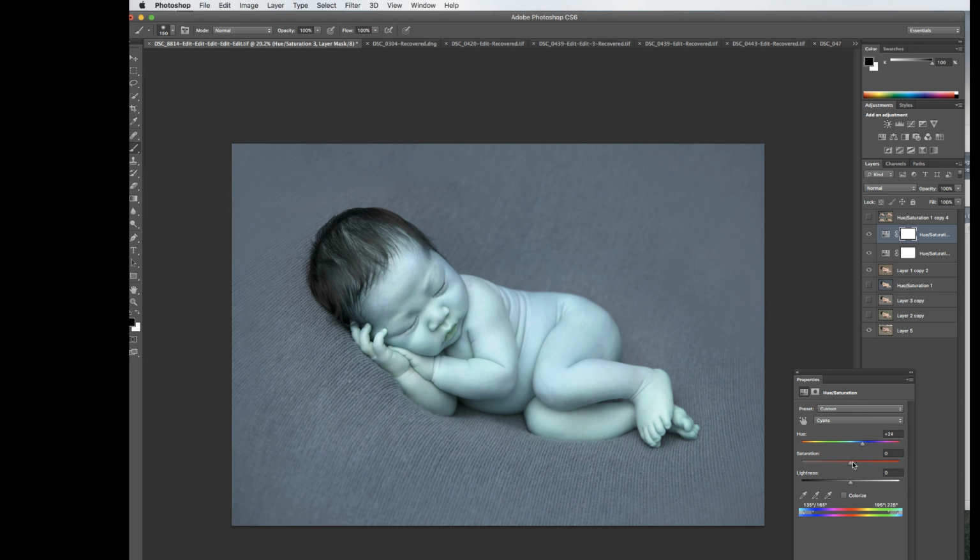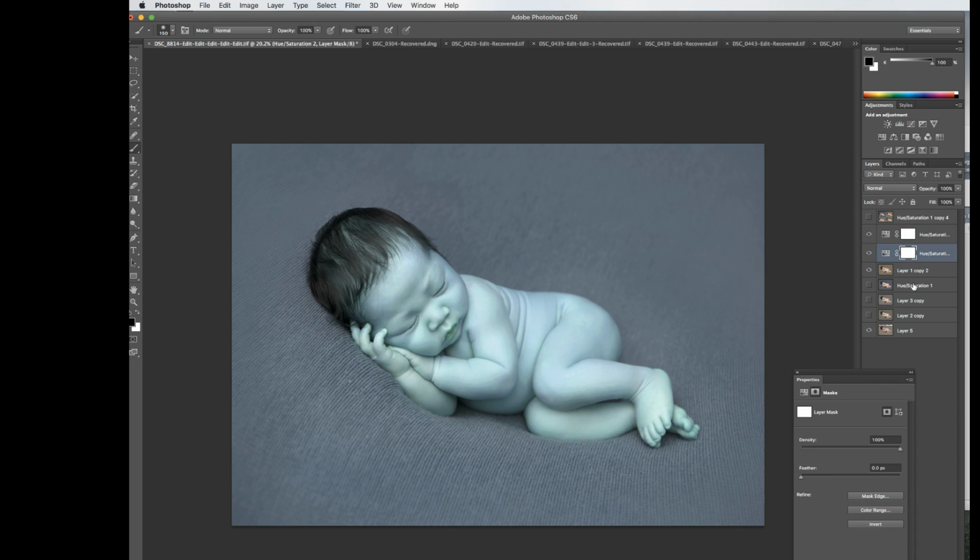And saturation, we can mess with that just a touch. The lightness, I would take it down because I like more muted tones. This is all preference. But once you start playing with these adjustments and you start to understand what each of them can do for you, then you'll know how to make those adjustments. Okay, so we have this, and